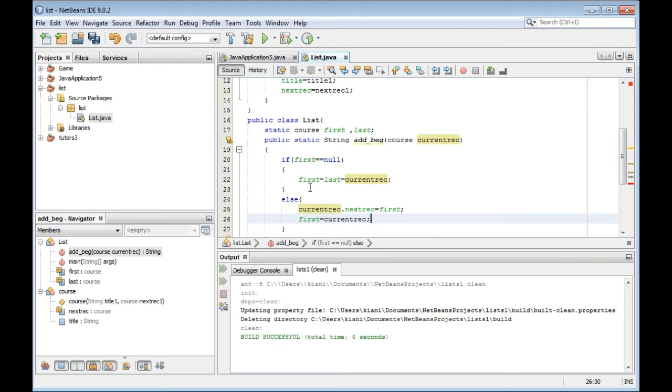It is add at the beginning. What should be added? A Course, current record.